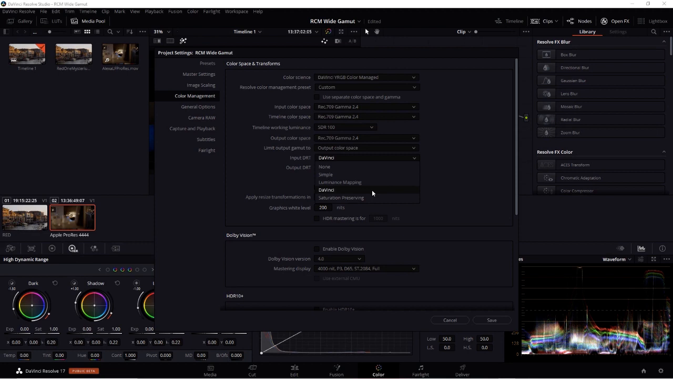Again, DaVinci is the default, and in particular it tries to give you a smooth transition from the compressed shadows to the midtones, and the midtones to the compressed highlights. Now, DaVinci and luminance mapping have a tendency to desaturate in some situations, so if you do want to preserve your saturation, there's a tone map setting just for that, saturation preserving. So there is some flexibility here with your tone mapping options in terms of both the input and the output